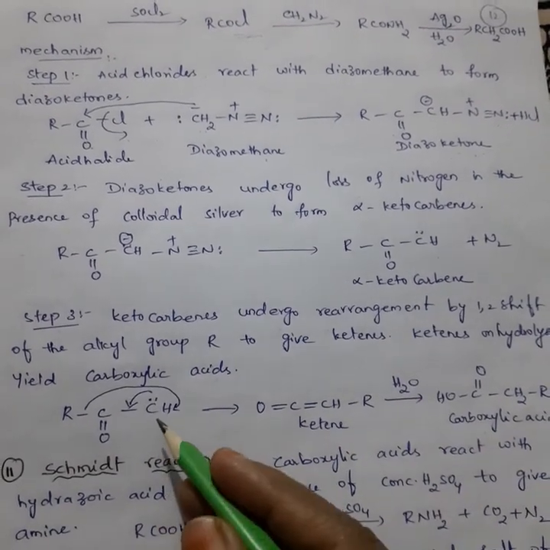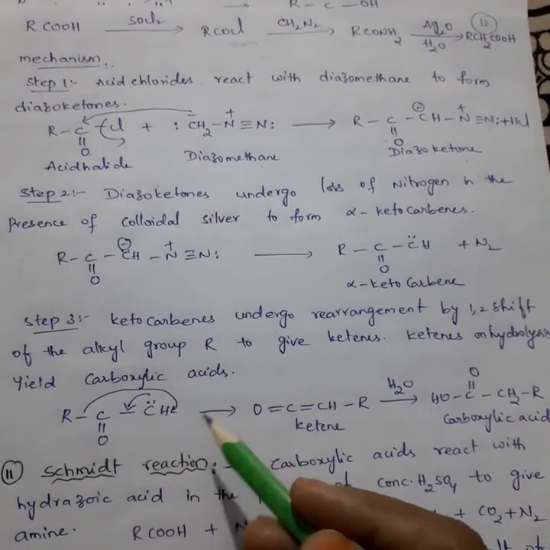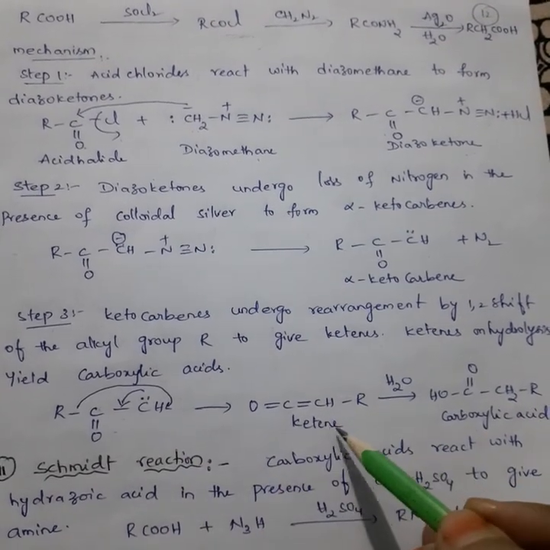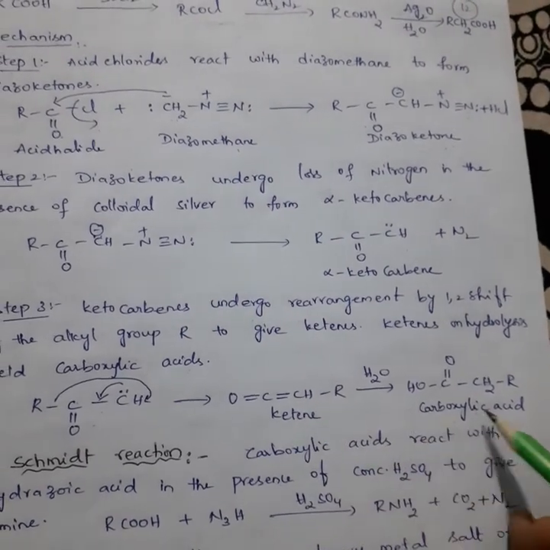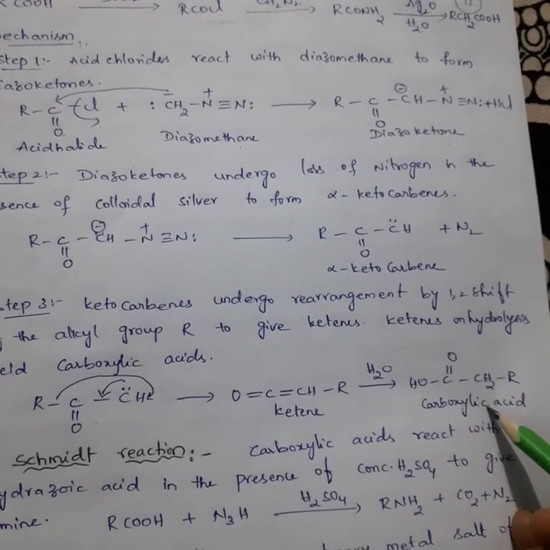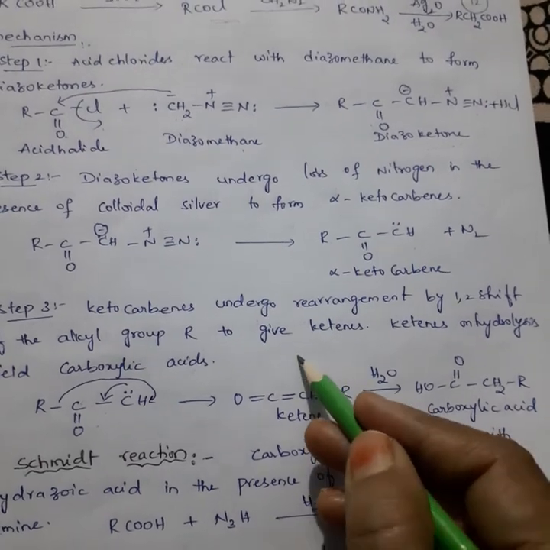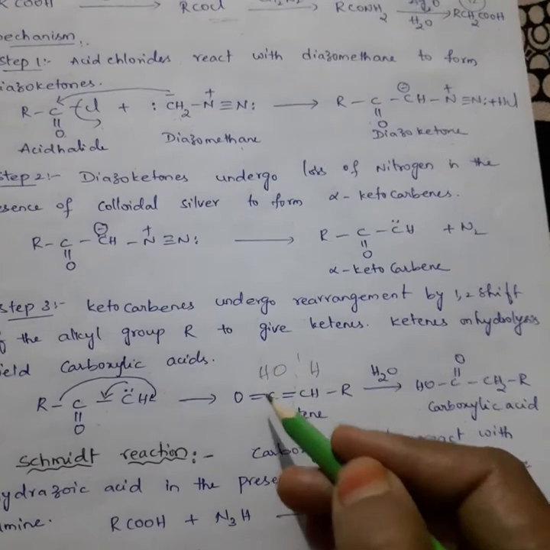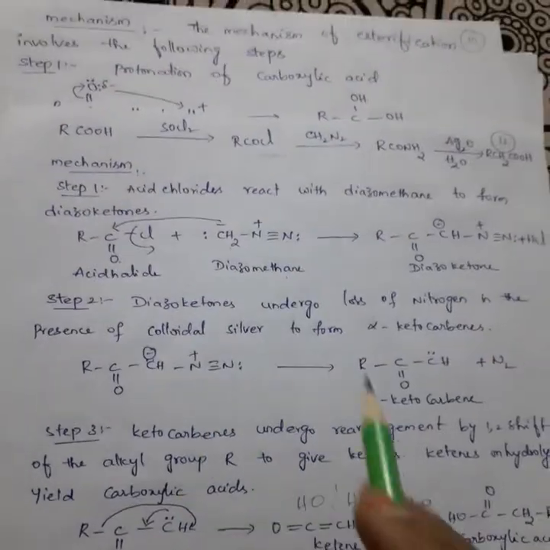If you see here, CH is there, right? So this R will come towards this side. So O=C=CHR, that is what you get, the ketene. Now upon hydrolysis this forms the next higher carboxylic acid. How is this H2O added here? One H is added to this carbon and OH is added here. So COOH, CH2R, which is a very important one.